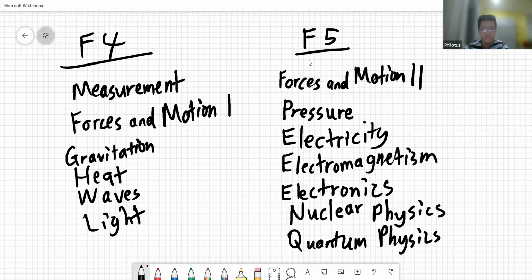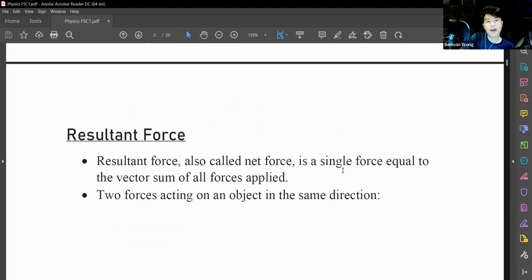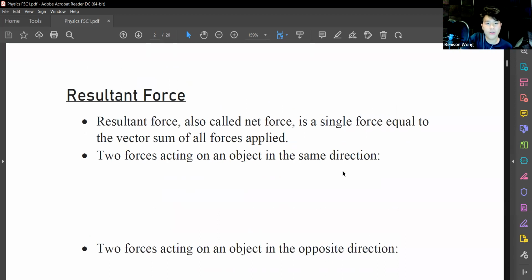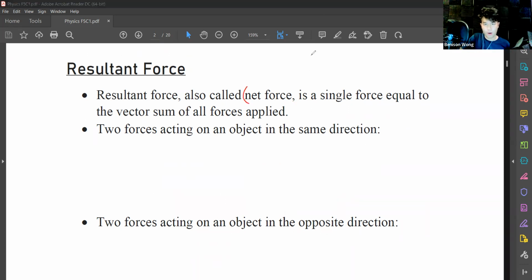Okay, so let's start our Form 5 topic. The first part of the chapter, what you will learn is resultant force. So what exactly is this resultant force? Resultant force has another name. Resultant force is also called net force. Just like your net flow of heat, you will also have a net force. So resultant force, also called net force, is a single force equal to the vector sum of all forces